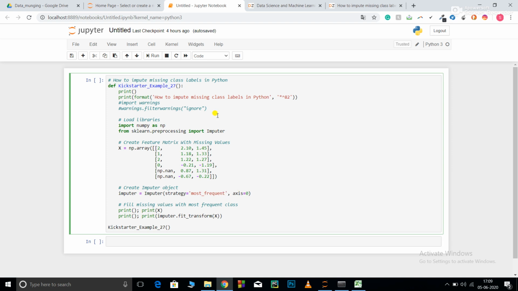Now let's get started with the code. Print and format, these are two general print statements. Import warnings, warnings.filterwarnings ignore. So basically, when you code in Python, you sometimes get unnecessary warnings, such as that this function you are using right now may be removed from this sklearn version, or a new version can be included in another version.